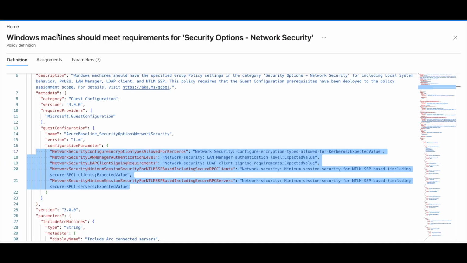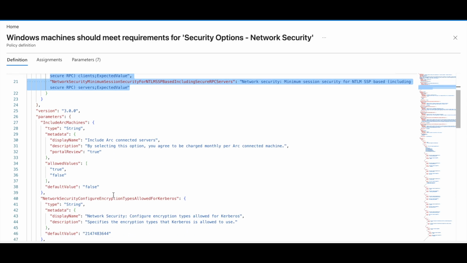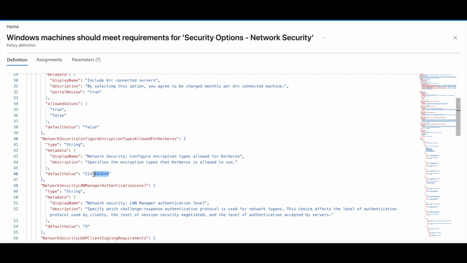Network security. For this particular requirement, we have to address 5 different network security policies, which relate to: configure encryption types for Kerberos, LAN Manager authentication level, LDAP client signing requirements, minimum session security for NTLM SSP for your client and your server. You can see here it'll give you some default values that are going to be expected at